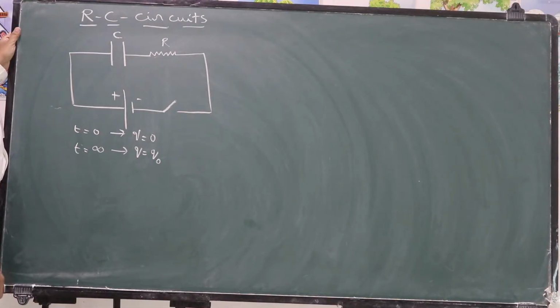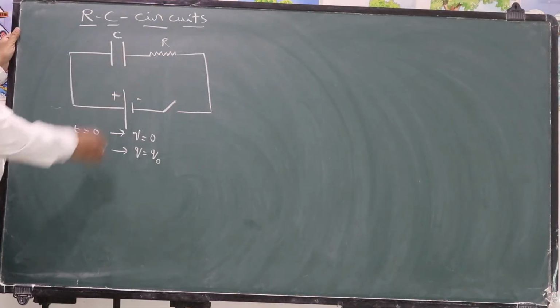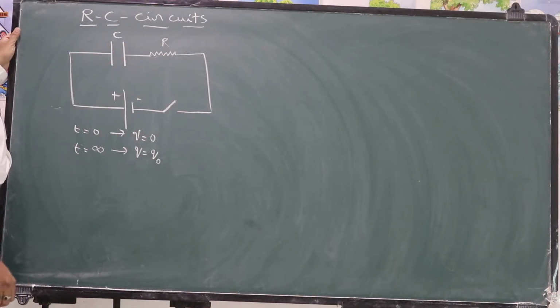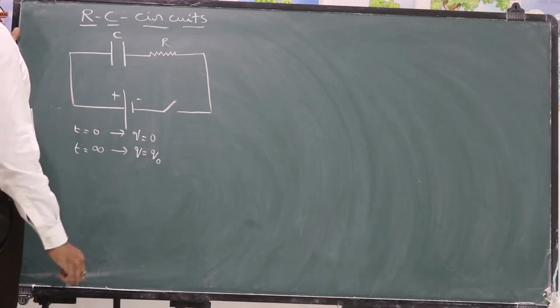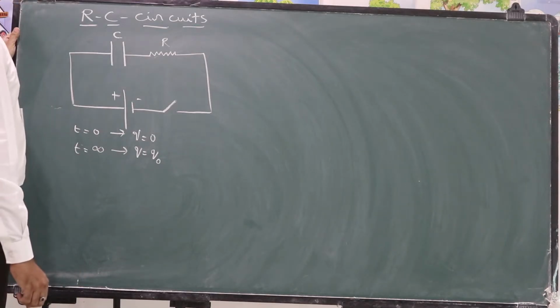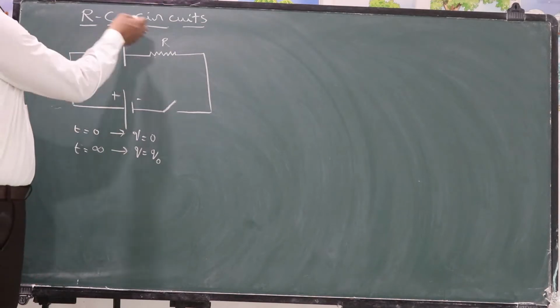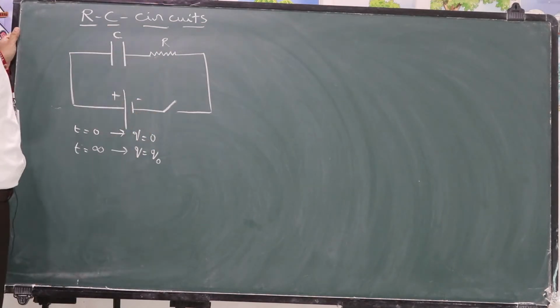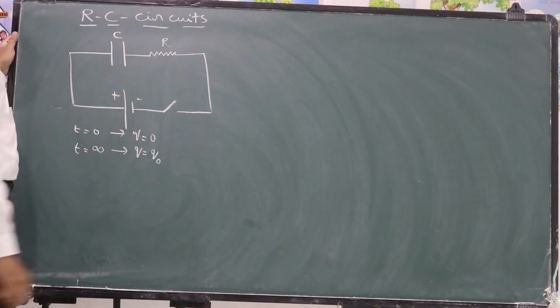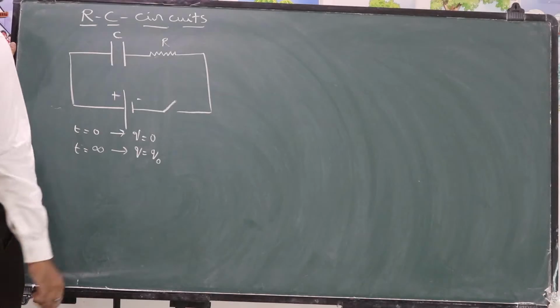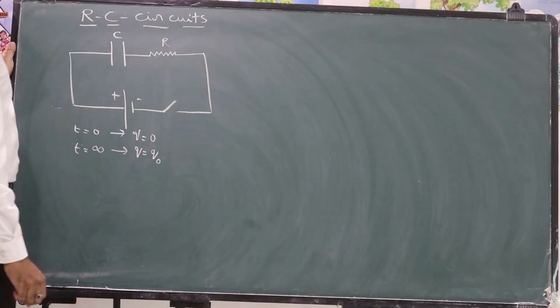So how much time does it take? Why does it require a certain time for the storing of charge, and what is the advantage of this combination? All these ideas we are going to discuss in this topic. Here it's a DC supply, so these are called DC circuits. Sometimes these RC circuits are also called DC circuits. Here charge is taking some time to grow inside the capacitor. Let us calculate this time.